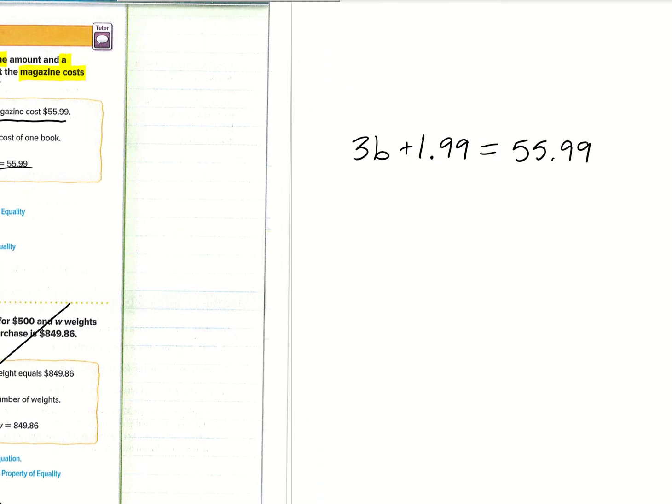Okay, so from there, we're going to go ahead and solve this one. All right, so you would subtract 1.99 from both sides. All right, that's going to cancel there. Okay, and then you're left with 3b. Oh, don't forget to do both sides. All right, so you're left with 3b equals whatever that is. It's going to be